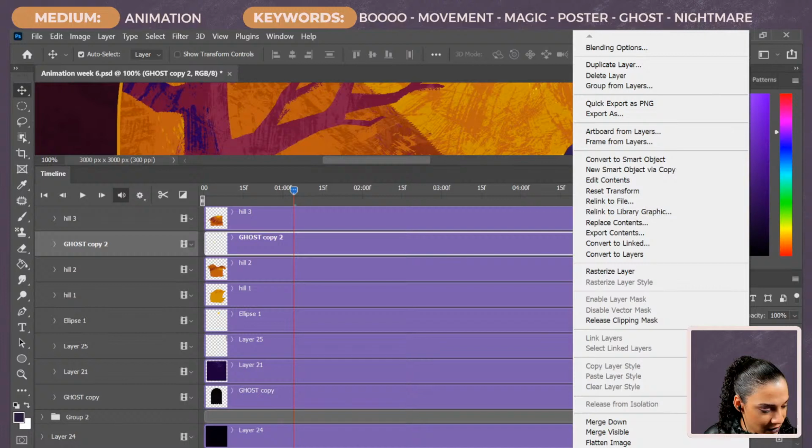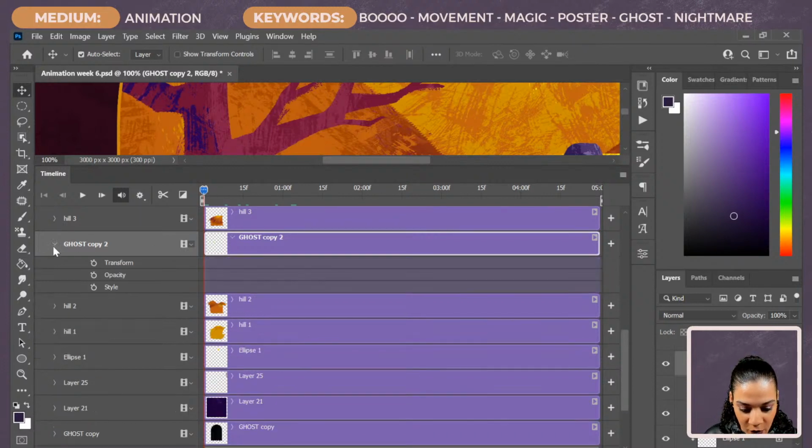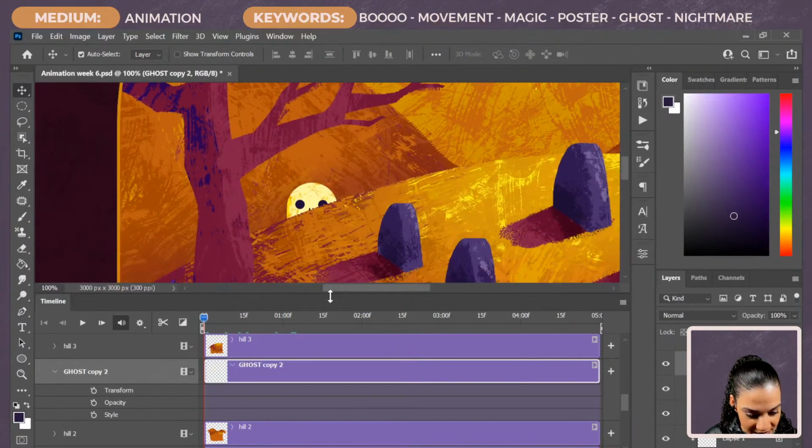And he is a smart object. So I am going to do more keyframes for him. We put 3 keyframes for the big one. We're gonna put 5 keyframes for him. So let's open him up. Let me bump this down a little bit so we can see. We are going to transform, boom. And then we're gonna move, let's see if our spacing is right. 1, 2, 3, 4, 5, yes.